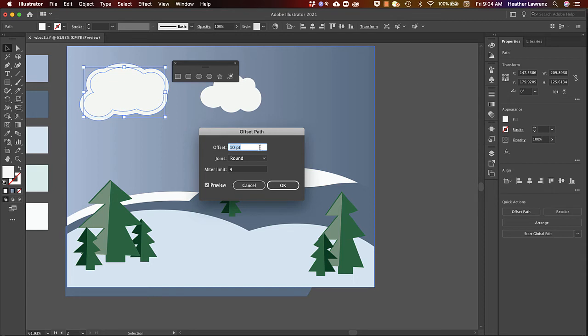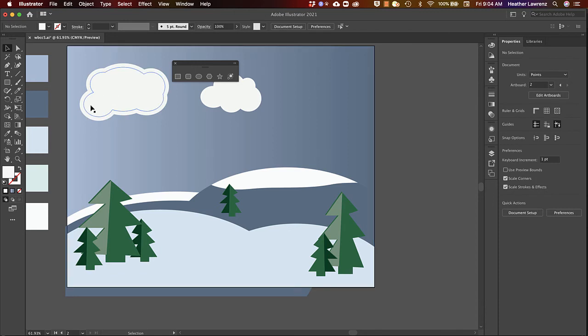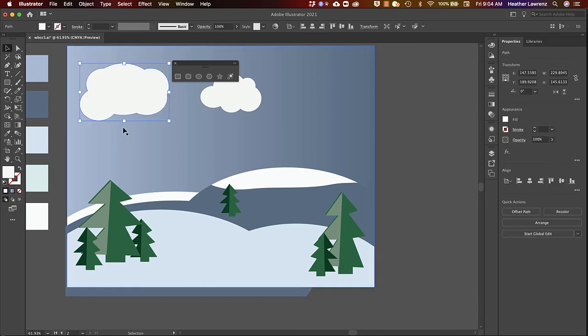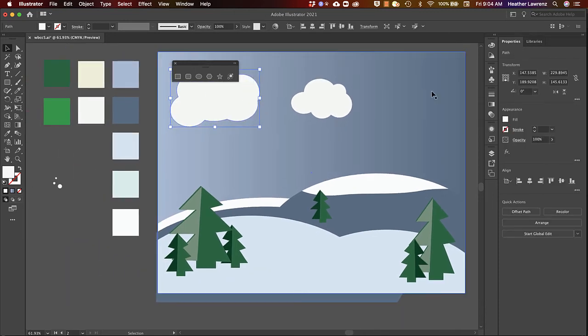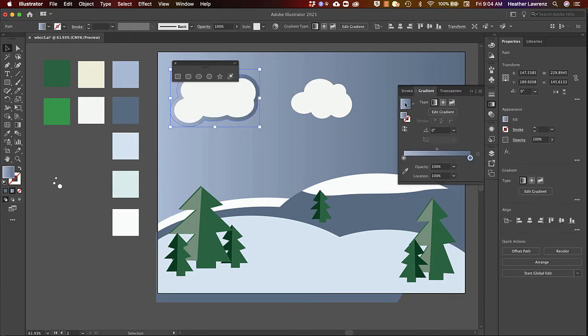I can decide how much that offset is, and I can hit OK. So now basically I have two cloud shapes. Well, this is a great opportunity for me to use a little bit of a gradient. So we're going to go back into our gradients, and there's that one that we used before. This time, however,